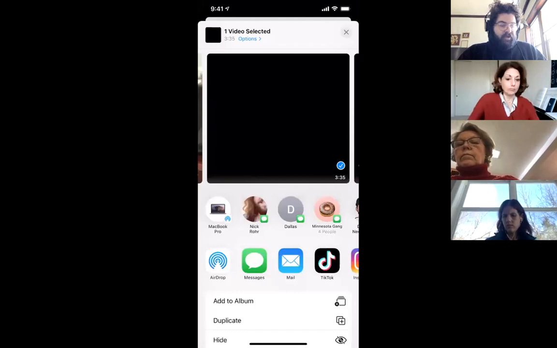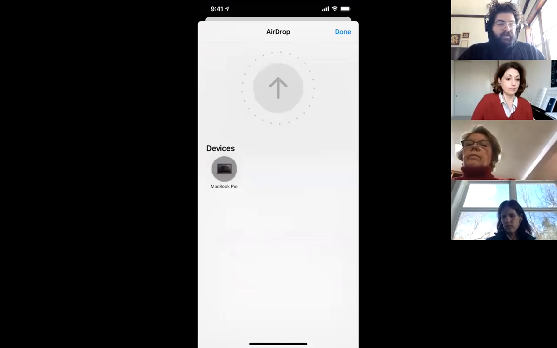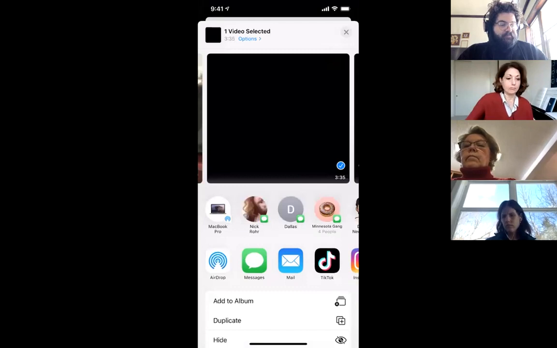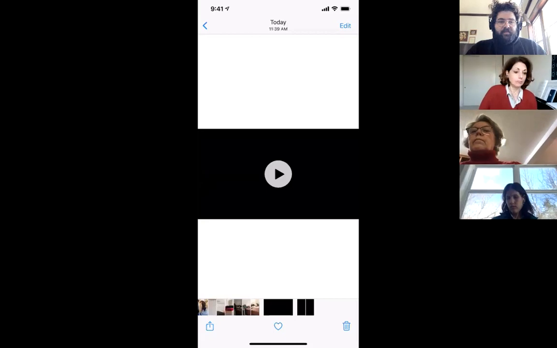On older phones, I'm not sure if that symbol shows up on older versions of iOS, but AirDrop for sure will down there, that one. So if I tap that, then it'll show me a list of stuff basically. And then all I have to do is tap whatever device I want to send it to. So kind of the reverse process there. So that all being said, let's hop over to iMovie, and we'll just start with the desktop version.